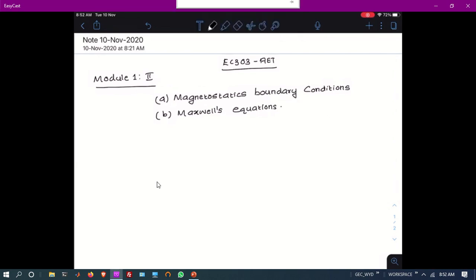So we have looked at the basics of magnetostatics in the last class, and we have stated two laws, basically Biot-Savart's law and Ampere's law. So today we are going to look at the boundary conditions of magnetostatics. As we have seen for electrostatics,